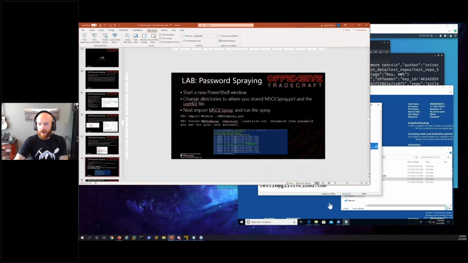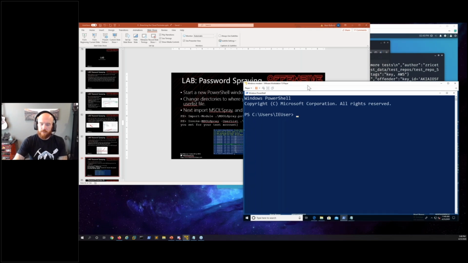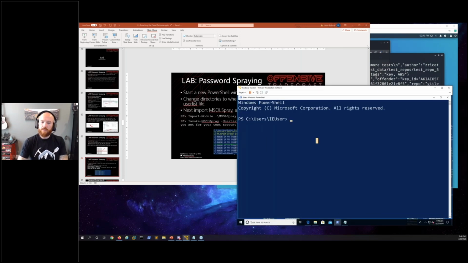Okay, so we're going to start a new PowerShell window. I had you pin it, so it should just be a click away. But if not, try to open it from the start menu. And then next, we need to change directories to where you downloaded the script, which in my case, I downloaded to the desktop. So cd desktop, and we're going to import the module,